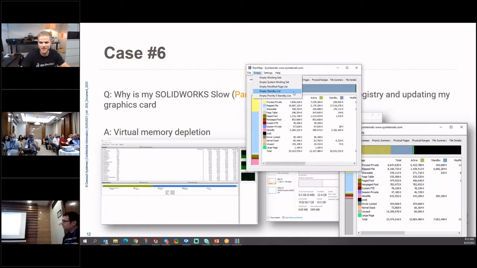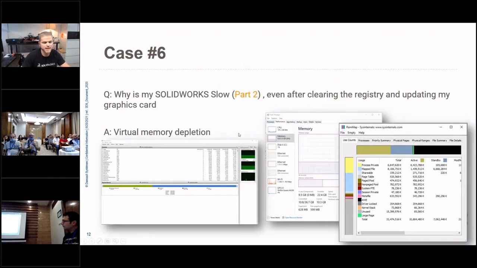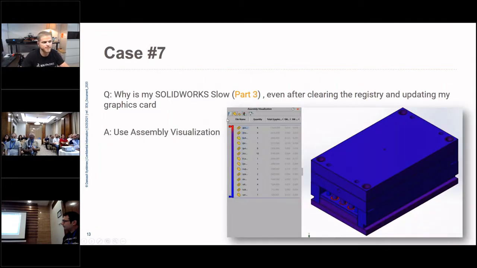The other way you can do it is just reboot. Just reboot your machine, right? Reboot it and it should wipe that standby memory and you can kind of start over. But there is a concept of memory leaking, right? Where you've had programs open for so long, you eventually run out of free RAM. So the answer to this one, if SolidWorks is running slow and you're not sure, take a closer look at your memory. Take a closer look at your RAM utilization on your machine.